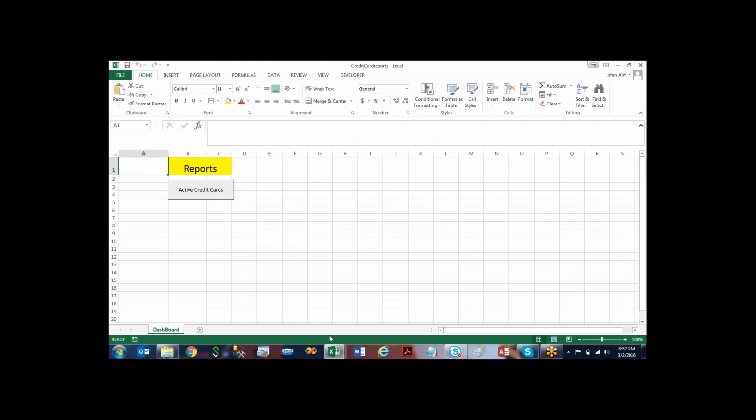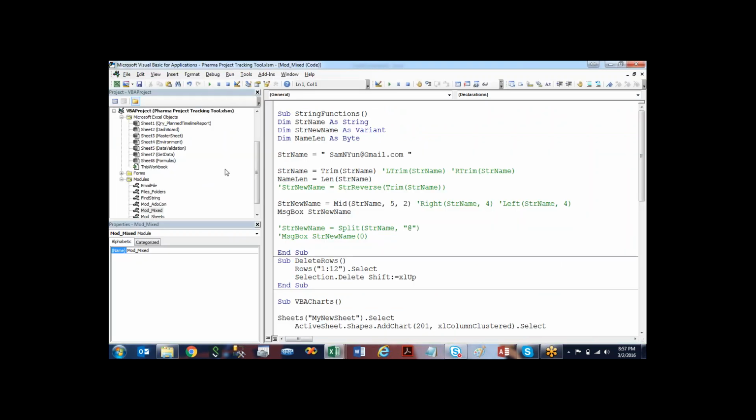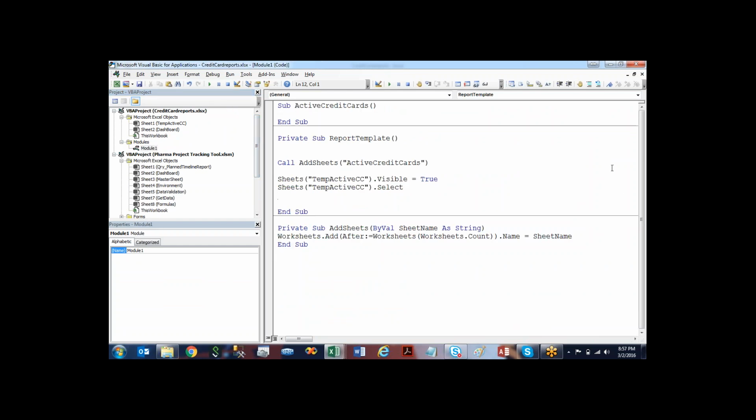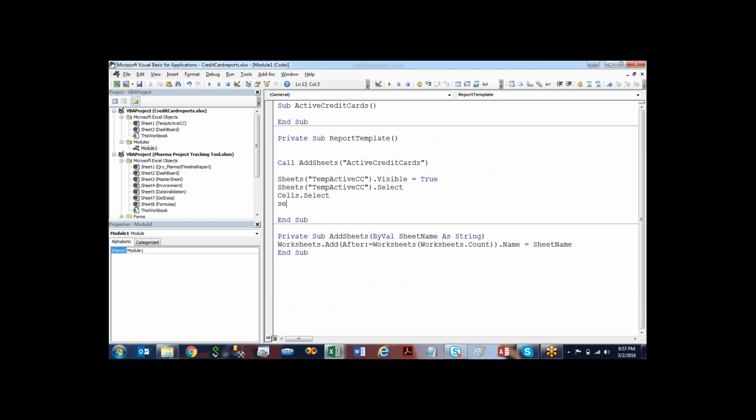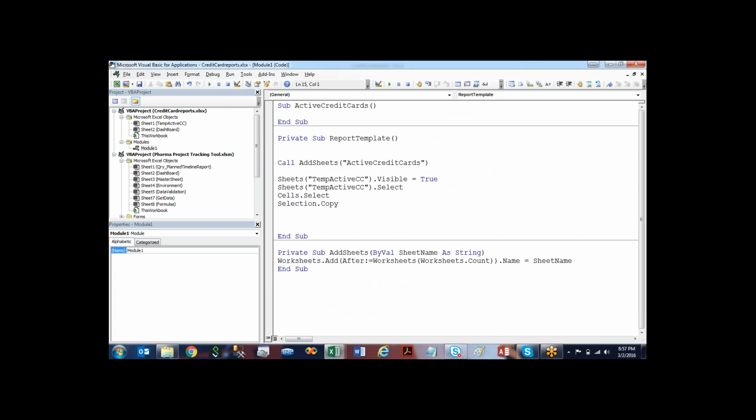Okay, I'm not able to find it. We can write the code here. Cells dot select, then selection dot copy, then